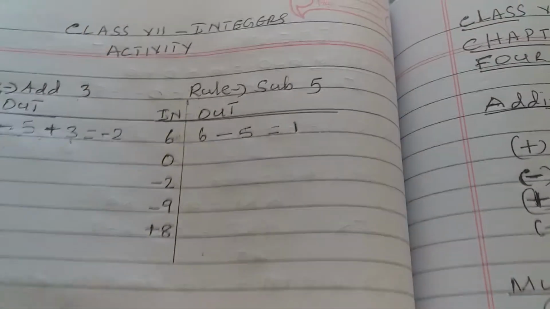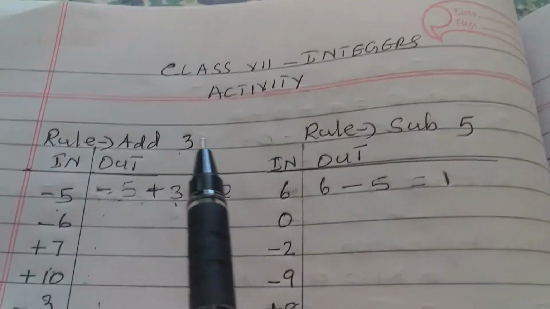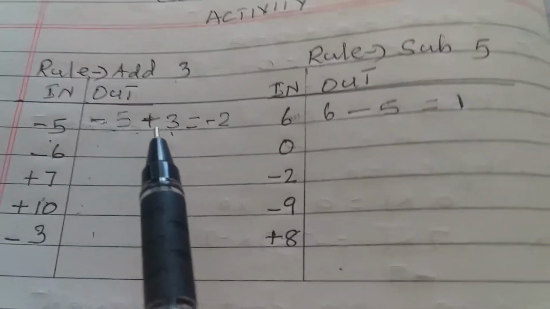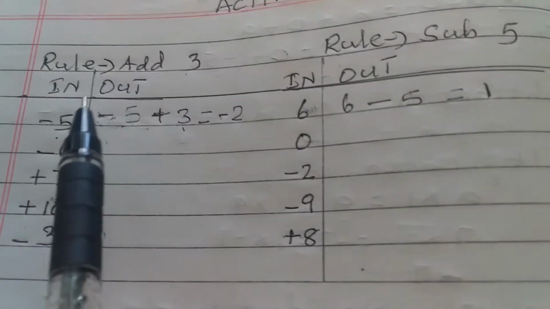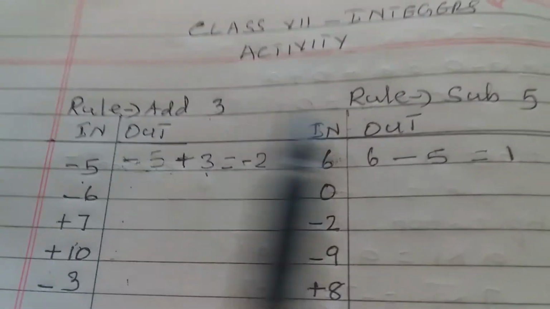Now here I have just set a small activity, very simple, just addition, subtraction, multiplication, division, all the 4 operations. It is a small activity. When you do this, you will become thorough with all the 4 operations, so that we can move on to the next topic. Now look at this children, it is the rule. I have given the rule for the first activity. The activity I have given has 4 parts.